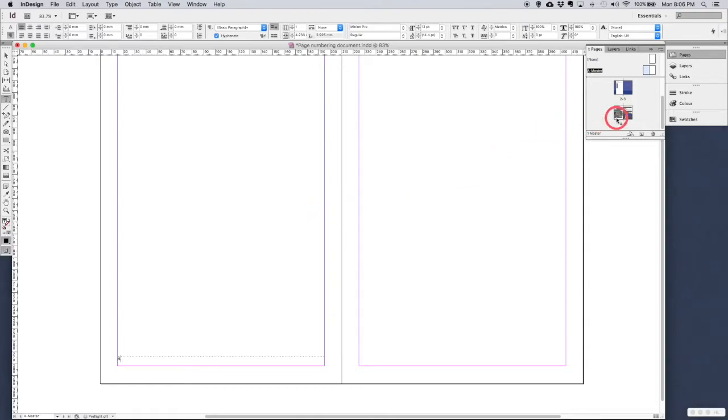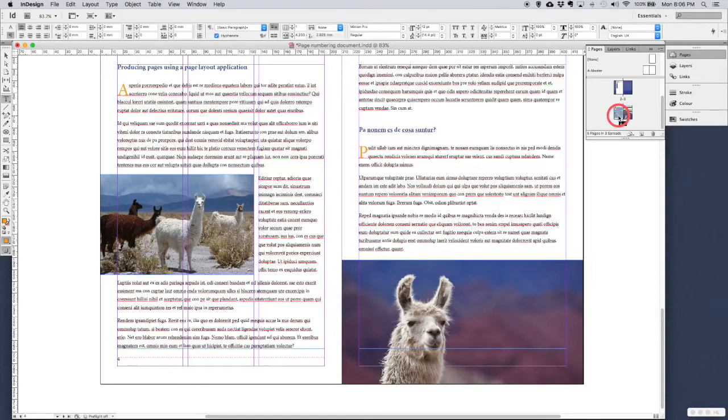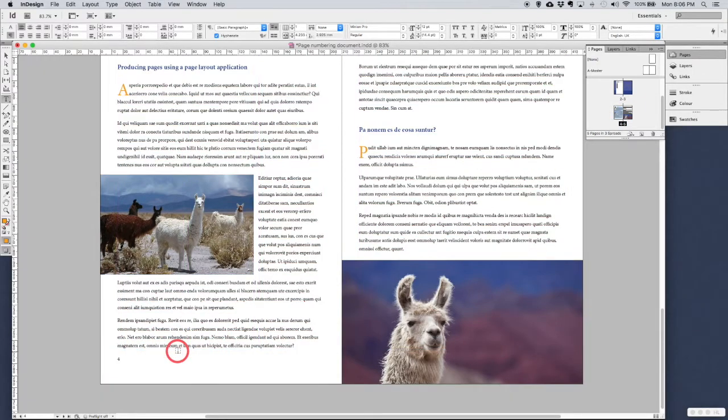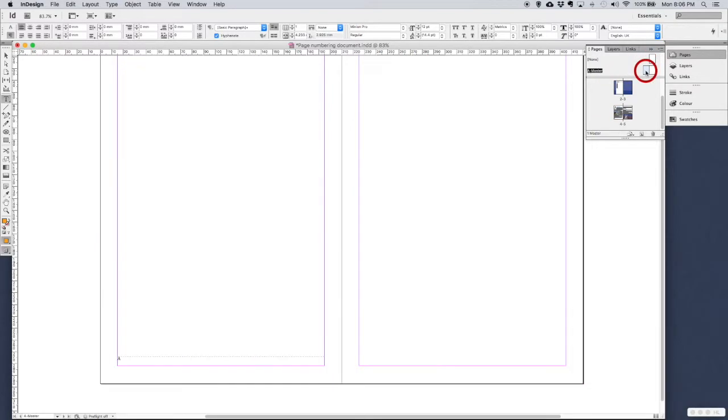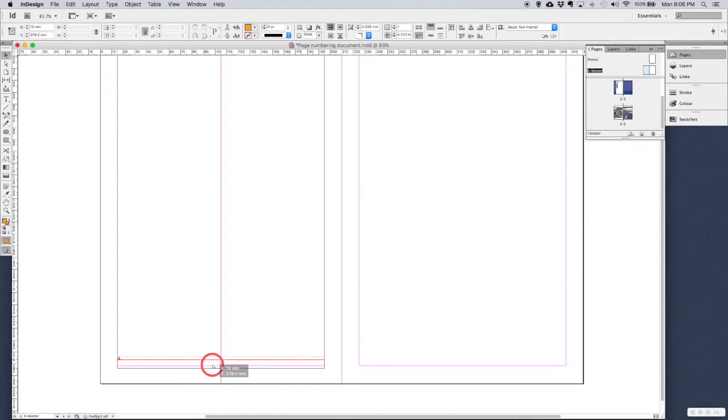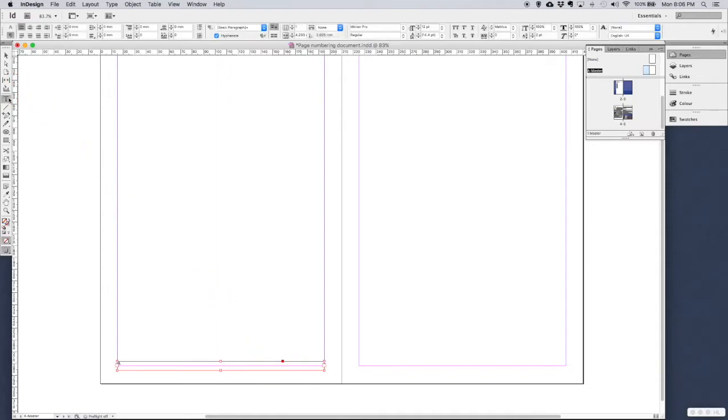Just to prove that, I'm going to go to one of the pages and show you that the page number is actually there. I'll just turn off the guides, and that's page 4 in our document. I'll turn the guides back on, and we're going to go back because I just want to do a little bit more tweaking. I think I'll just move it down a little bit, and I'm going to add some text alongside of this, and a pipe character. So I'm going to put in a pipe character first,